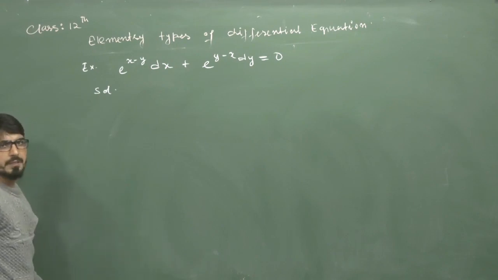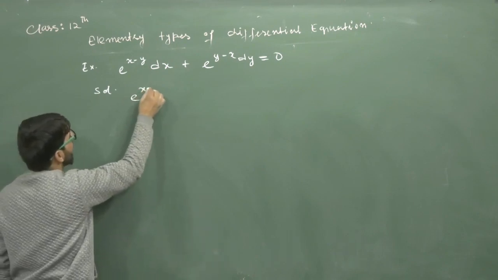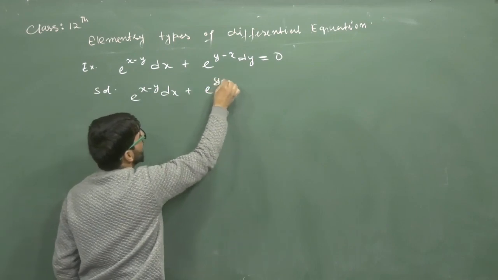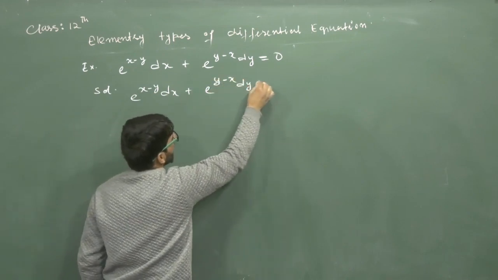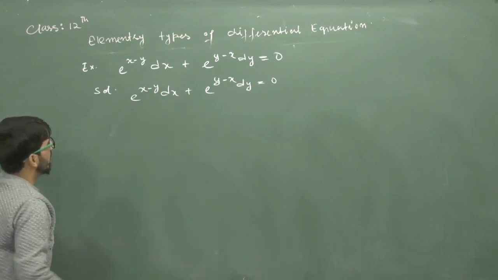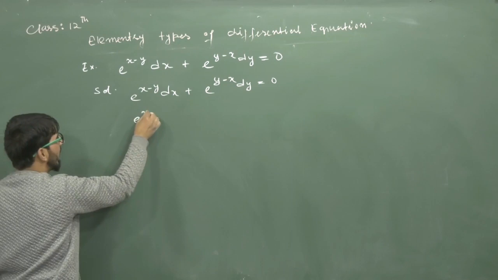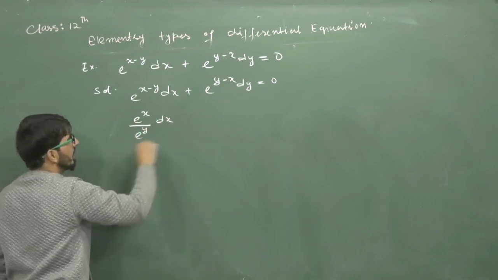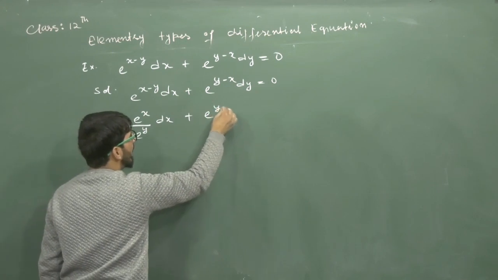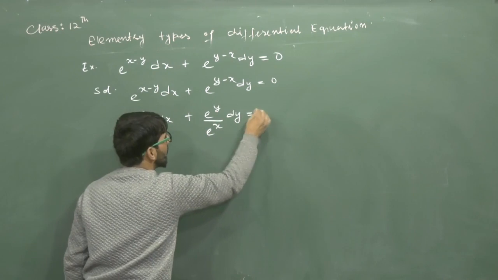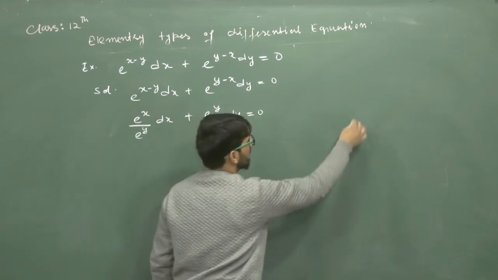So given is e^(x - y) dx + e^(y - x) dy = 0. Write this in another way, that is e^x divided by e^y dx plus e^y divided by e^x dy is equal to 0, because